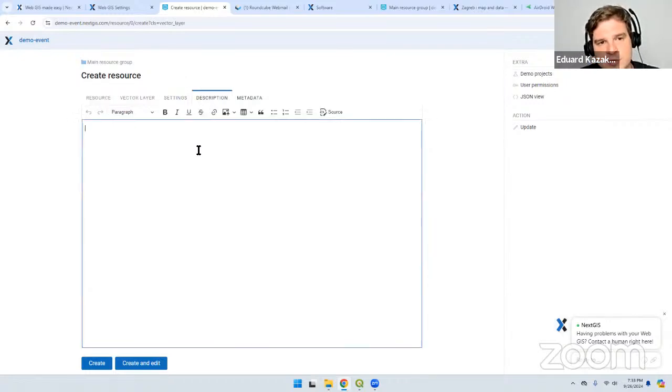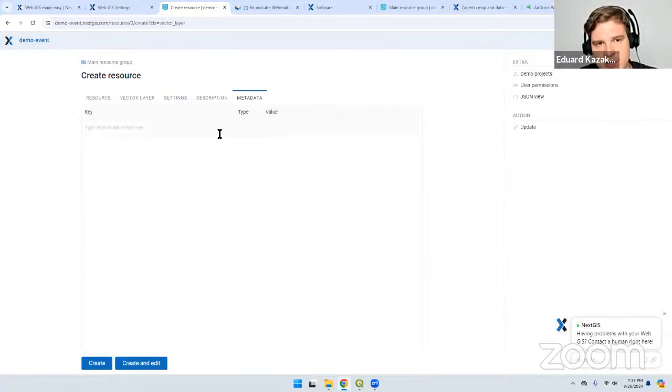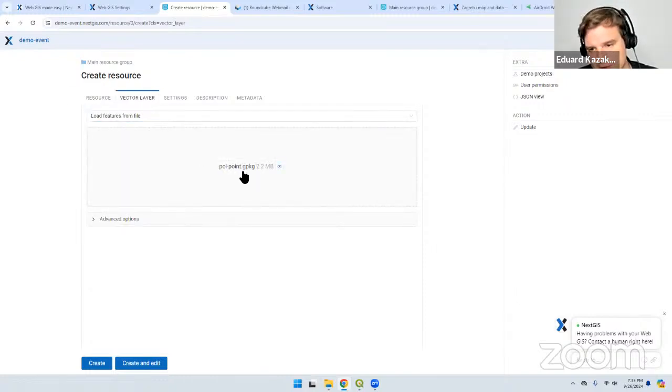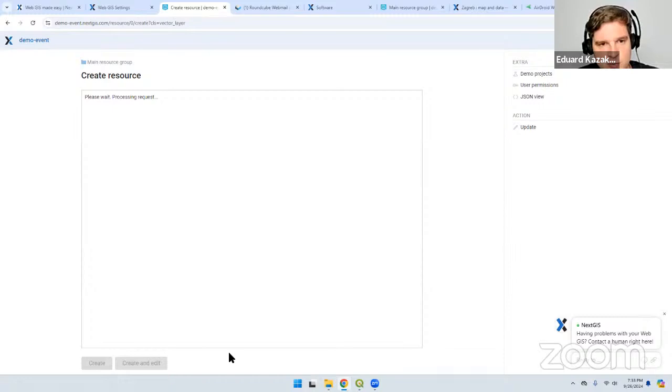I can also set description and metadata records for any resource, for any map, layer, etc. I won't do it now. So I just want to create a new vector layer from this file. I push the create button,